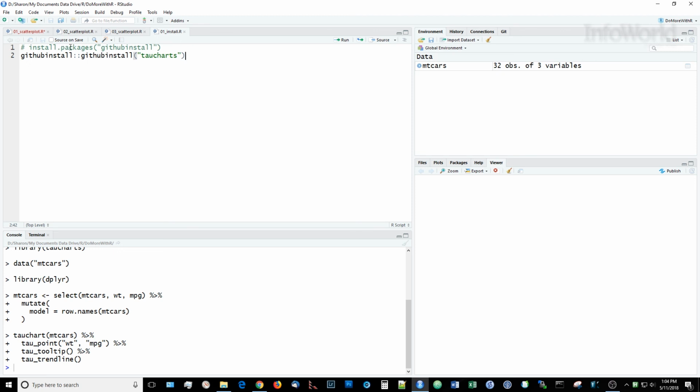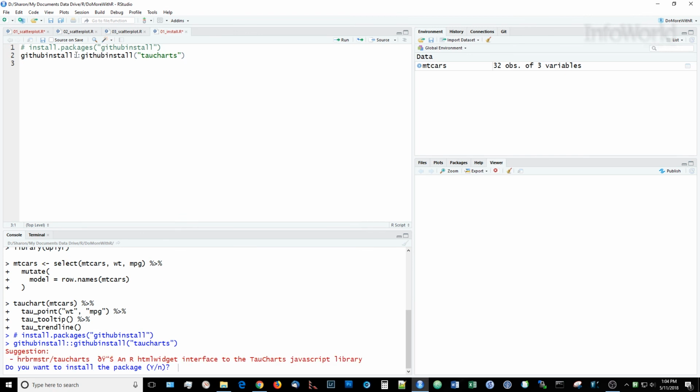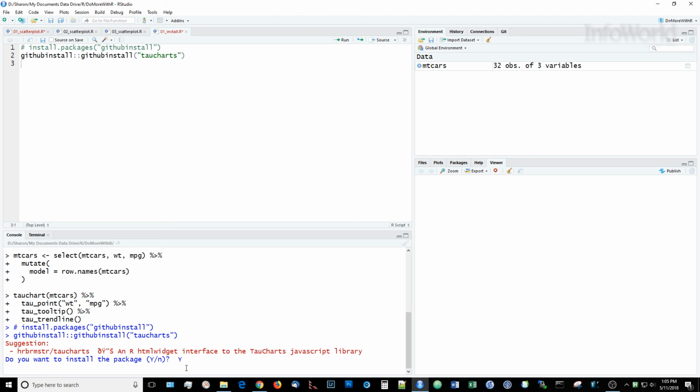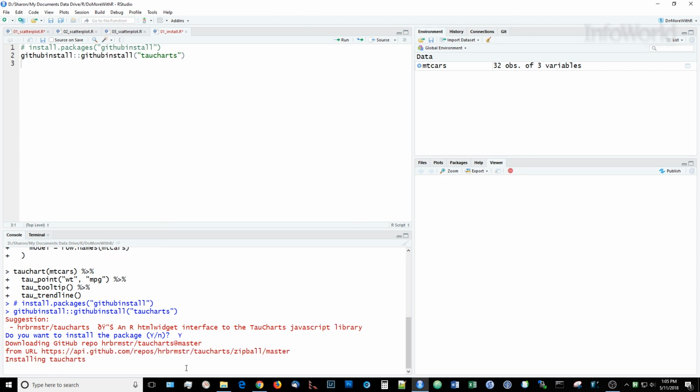You can install that the usual way with install.packages, githubinstall, all one name. Then if you run this code, you'll be asked, do you want to install this version on the hrbrmstr account? Just type capital Y for yes, and off you go.